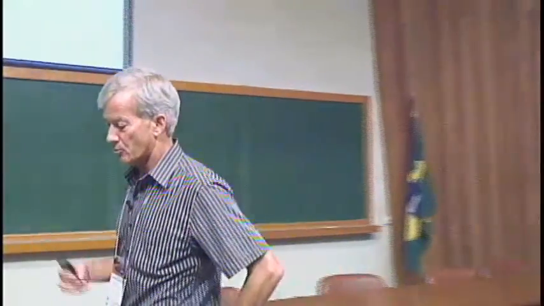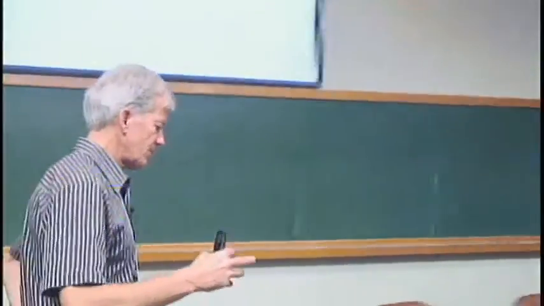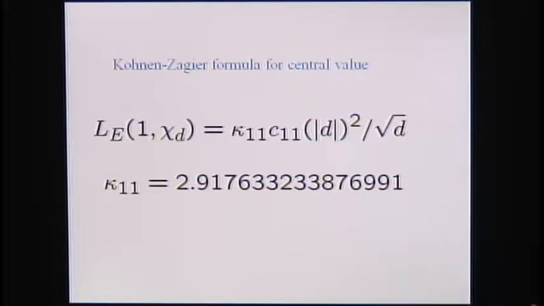So this goes back to Shimura and Waldspurger, and in this case, it's actually Kohnen and Zagier who gave formulas for how to find the central value of an L function associated with a cusp form in a very concrete way, in terms of things like, so actually there's a theta series that I'll say in a minute, but this c_11 of absolute d squared, this is an integer, okay? And this kappa_11 is a